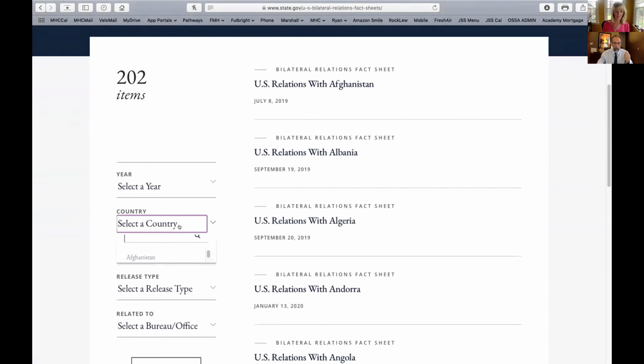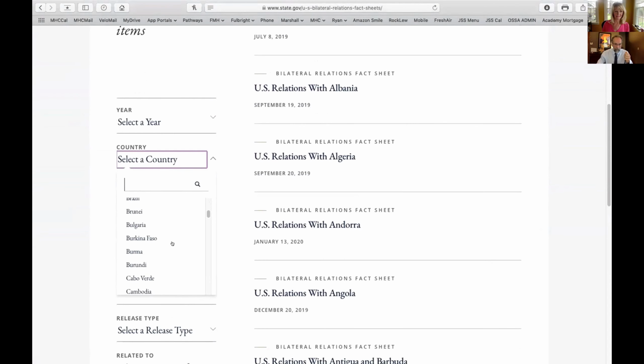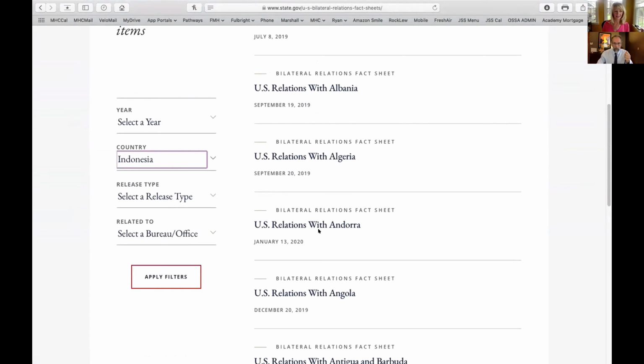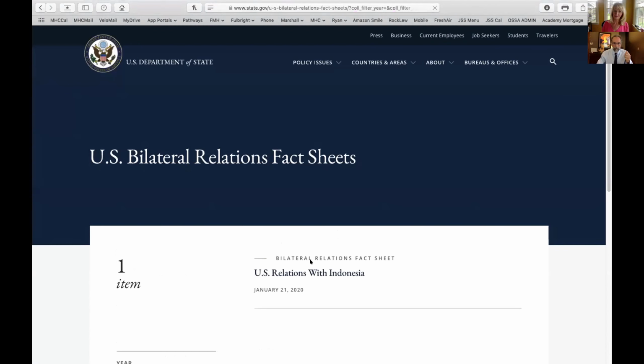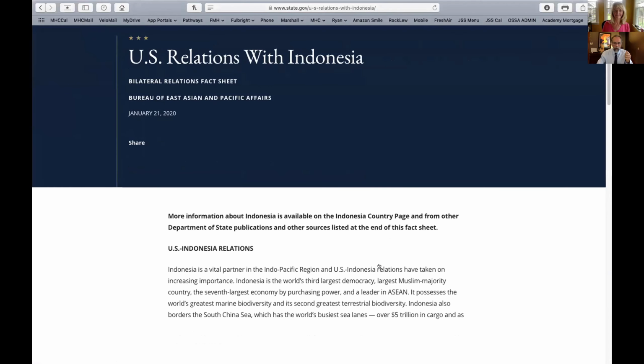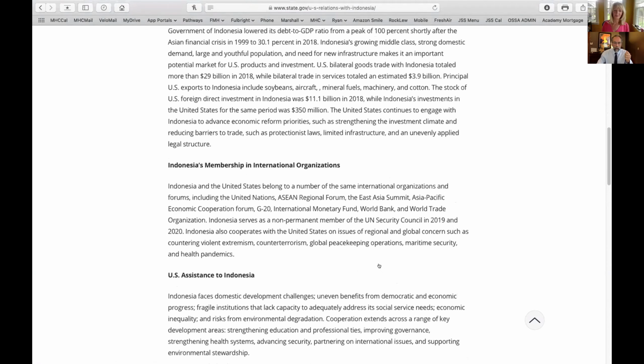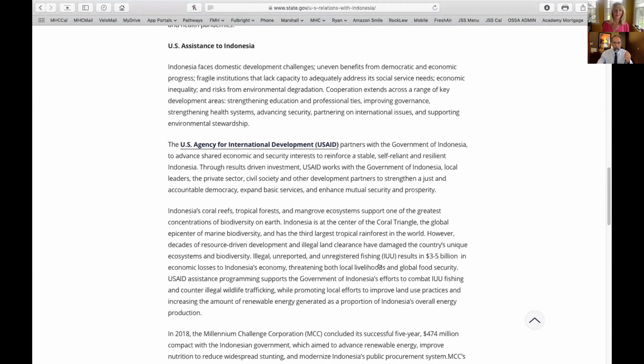We wanted to draw your attention to Indonesia, because in Indonesia, apply filter. Here in the bilateral fact sheet. Here it is, U.S. assistance to Indonesia.